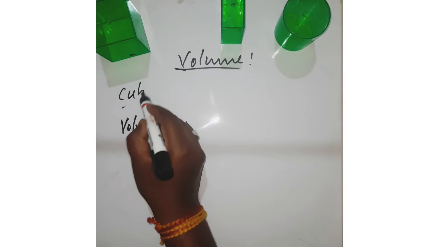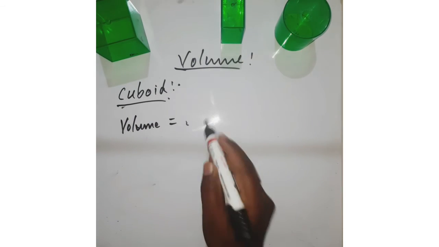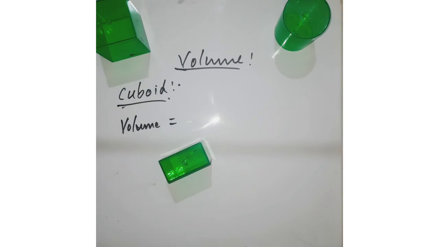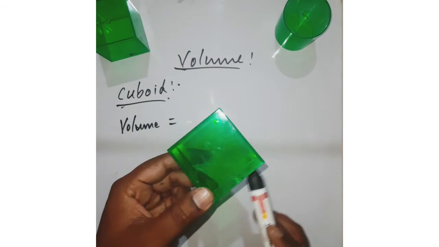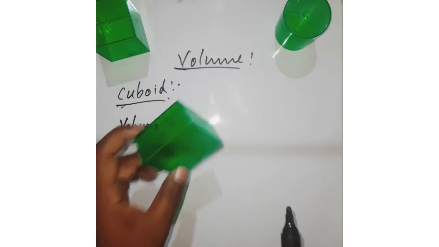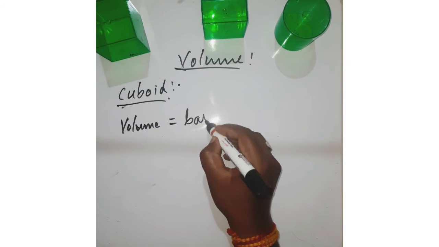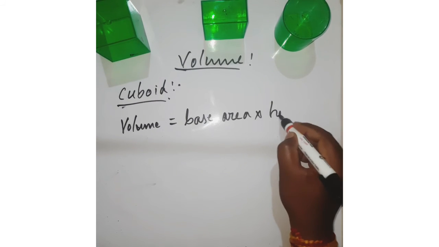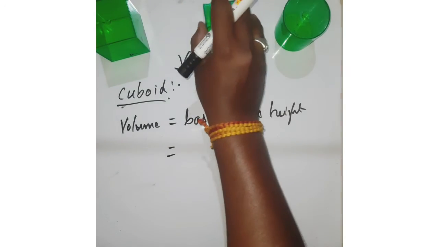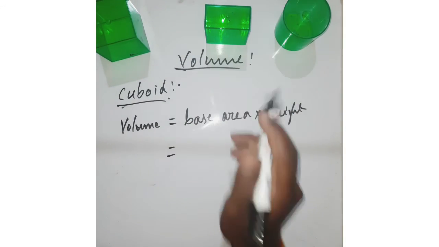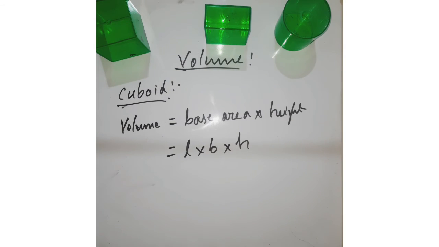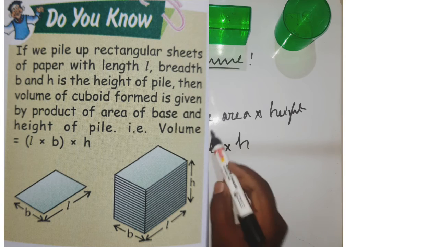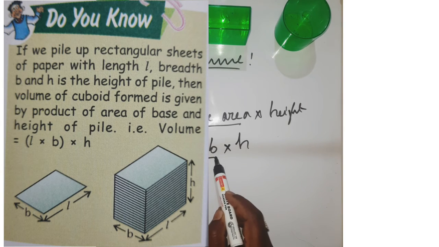Let us now look at the volume of a cuboid. Same here also, if you observe this cuboid, whatever is its base, the same area it is occupying up to some height. So here also that formula will stand true: base area into height, right? So what is its base area? Length into breadth, rectangular shape, right? So length into breadth into height, h. The three dimensions of a cuboid are length, breadth, and height. When you find the base area, it is nothing but length into breadth, the area of a rectangle, into height. That will give you the volume of the cuboid.